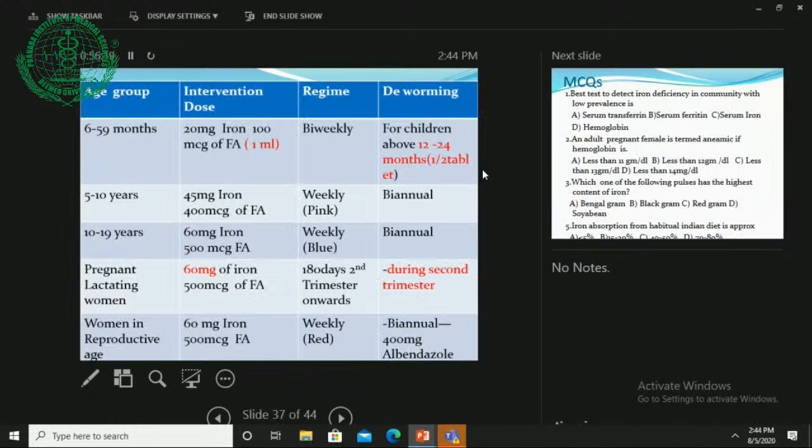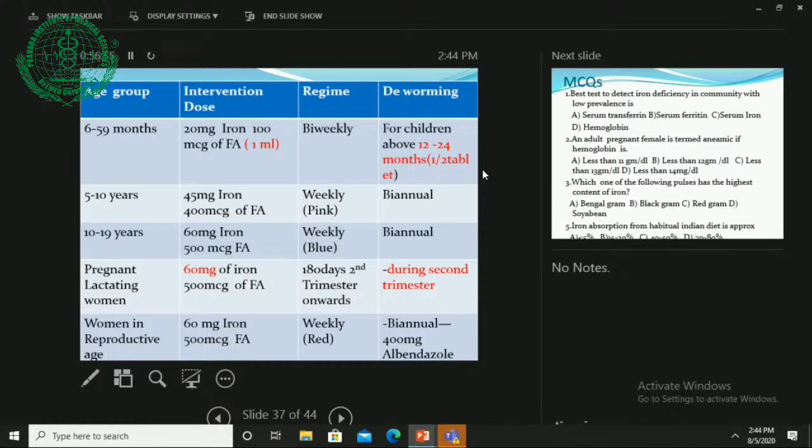This is very important one. This chart is very important because every year in NEET exam you get question related to this slide. Now 6 beneficiaries. First one is the age group 6 months to 59 months. For them the intervention is, for preventing anemia, they give 20 milligrams of iron and 100 micrograms of folic acid. So this is available in syrup form and the dose is 1 ml